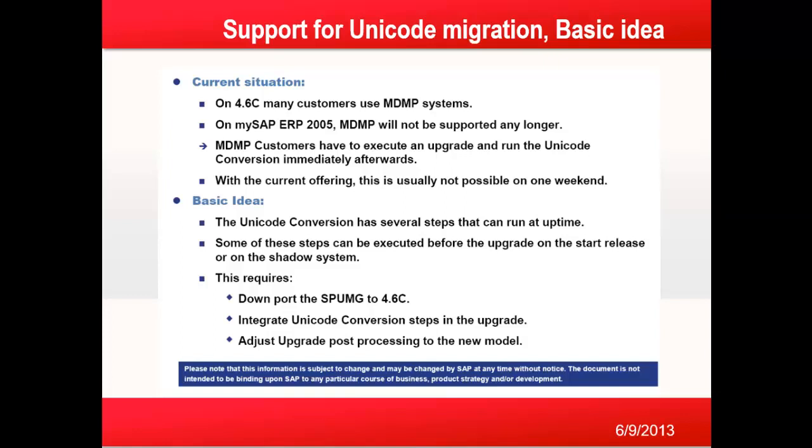So whenever customers are moving away from, say, a 4.6c or 4.7 system, where they are using MDMP support because previously there was no Unicode, to get into Unicode we need to upgrade. We need to do an export import before we can get into the Unicode system. So the basic idea is the Unicode conversion has several steps that can run at uptime. Some of these steps can be executed before the upgrade on the start release or on the shadow system. This requires downporting the SPUMG to 4.6c,